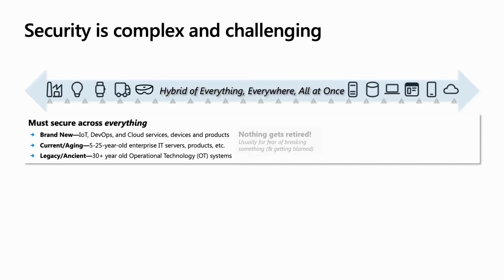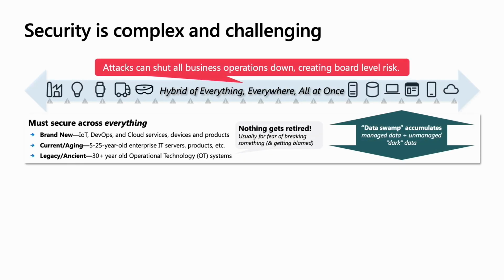So at the end of the day, security is a pretty complex and challenging space because I just gave you a whole list of things. And when you look at what the attackers can do, they can attack stuff that's been around for 30-plus years, operational technology and industrial control systems that are controlling physical machinery and processes. And they can go after the DevOps stuff that just shipped and went live 30 seconds ago. So they have a whole lot of choices, and you've got all these systems. You also have data that's accumulating along with it, which, I heard this term once and I could never let it go after that, of a data swamp, where it just keeps accumulating more and more different data.